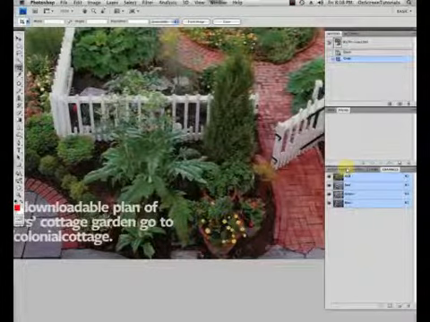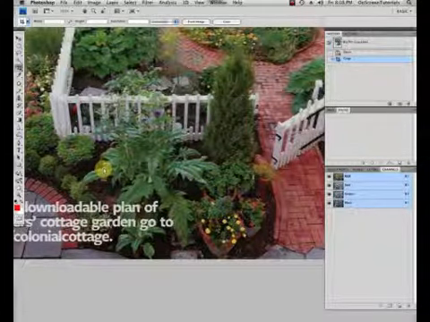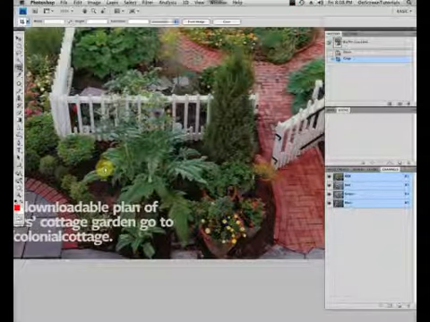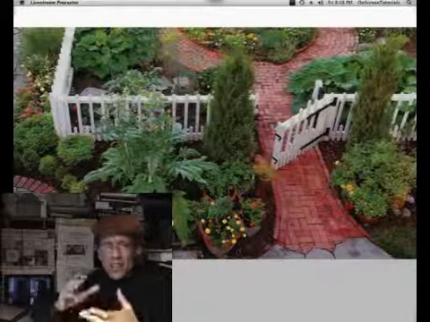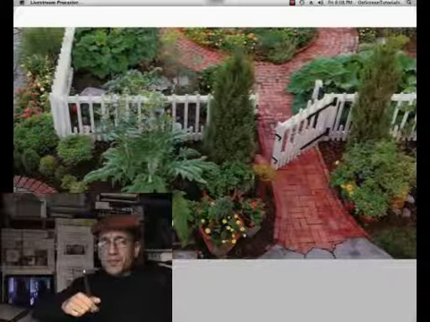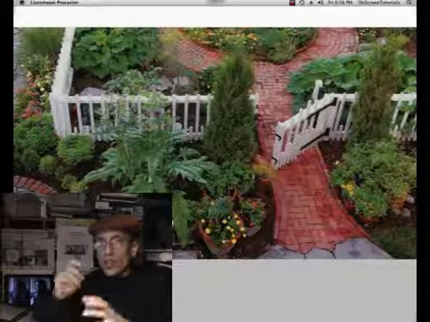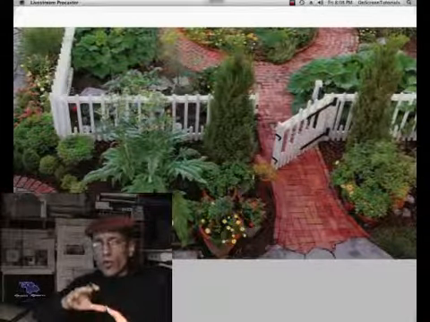So that's what I suggest you do. If you see detail in there, well, that's a whole nother show, and there are many ways to retrieve that detail. So I would say, check those channels. Look to see if the detail's there. If the detail's there, then you can do something that is known as plate blending or